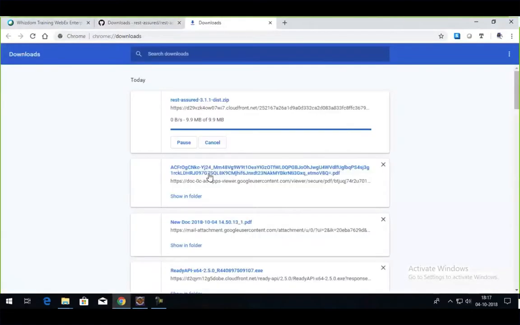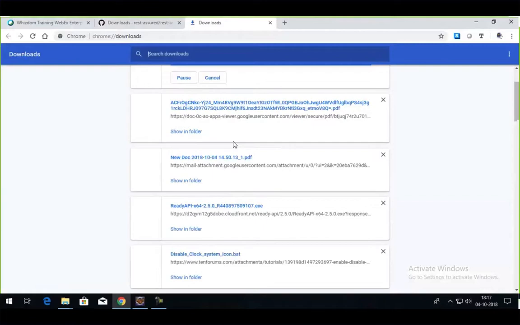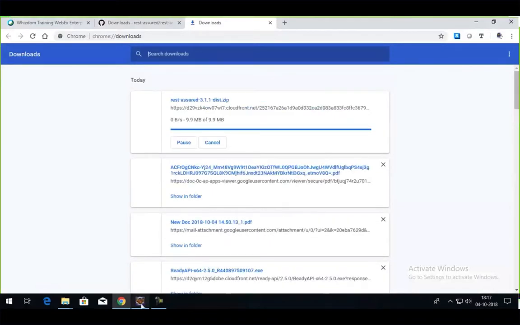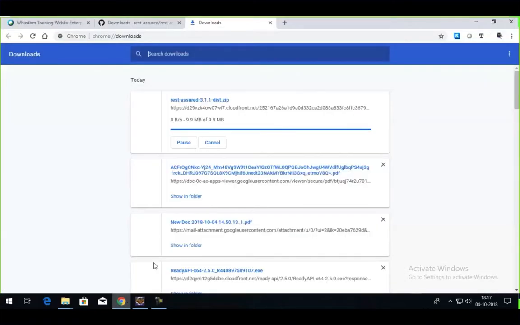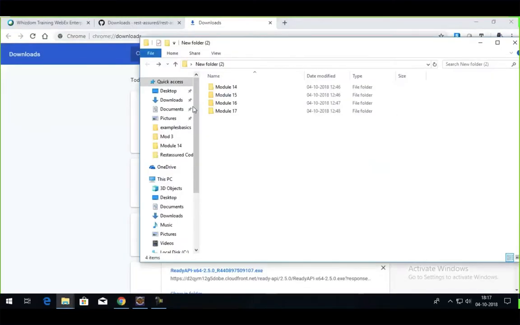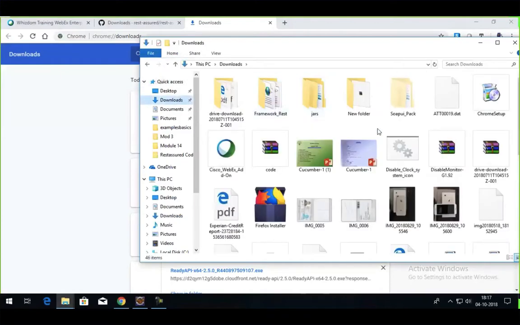Okay, if I click on show all, maybe it got stuck. So I will just use the already existing jar file. It's not basically a Rest Assured file, but for what we want to learn it's enough. Or let's check the download once again. Do we have the Rest Assured jars?